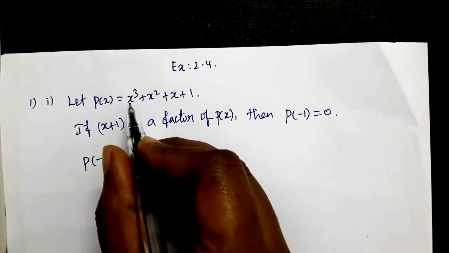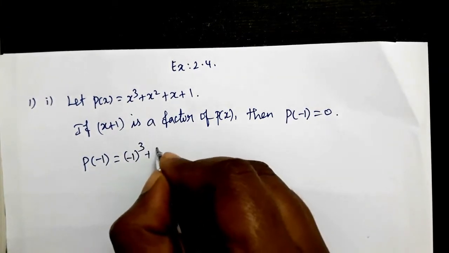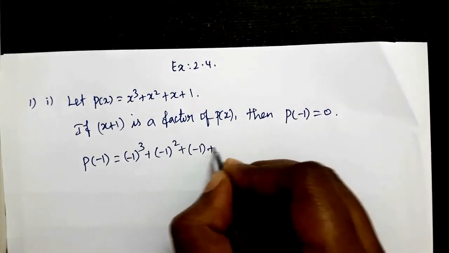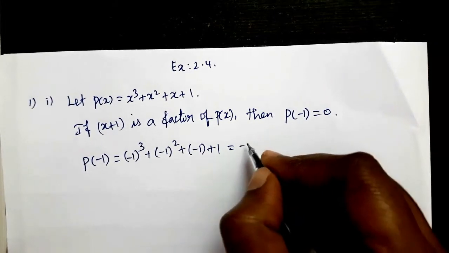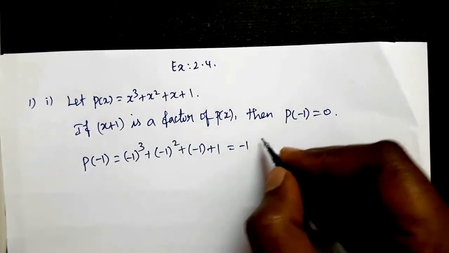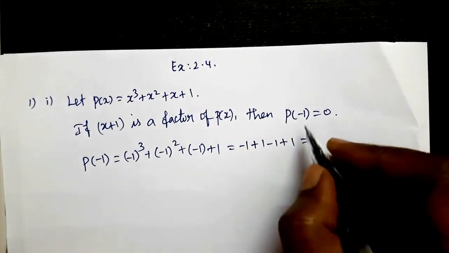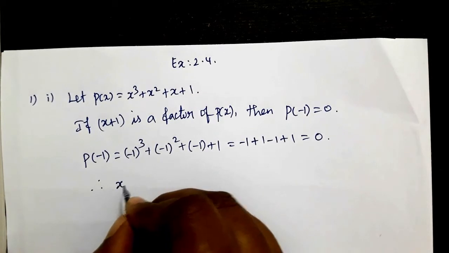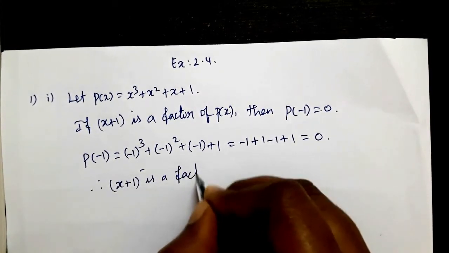Here, instead of x we can substitute minus 1. We will get minus 1 raised to the power 3 plus of minus 1 raised to the power 2 plus of minus 1 plus 1. Simplify here: minus 1 raised to the power 3 we will get minus 1. Minus 1 raised to the power 2 we will get plus 1. Here minus 1 plus 1. Again simplify here, we will get 0. Therefore, x plus 1 is a factor of